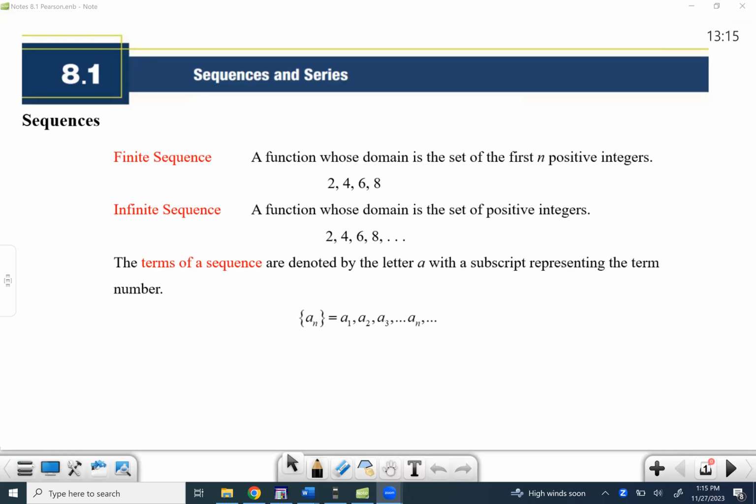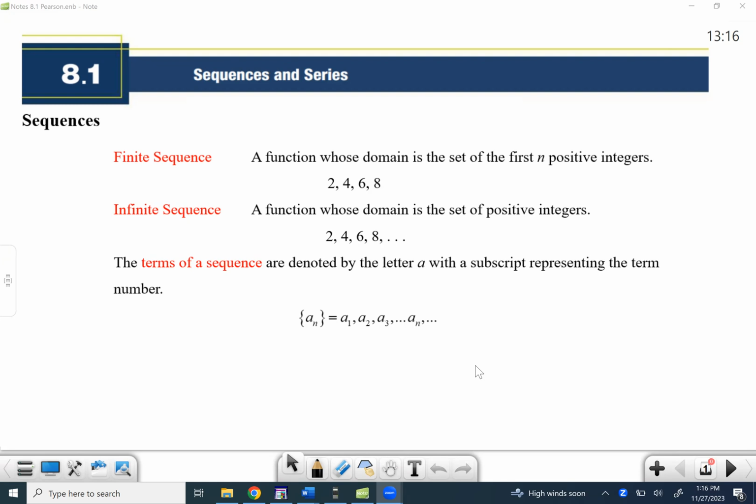So we are going to start chapter 8. We are going to cover 8.1 through 8.3, which is sequences and series in general. And we're going to cover two specific sequences and series, the arithmetic and the geometric. Okay, so let's start off with general, like what is a sequence and what is a series in this section